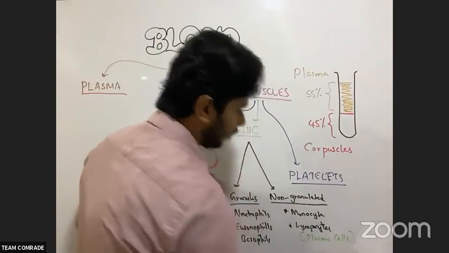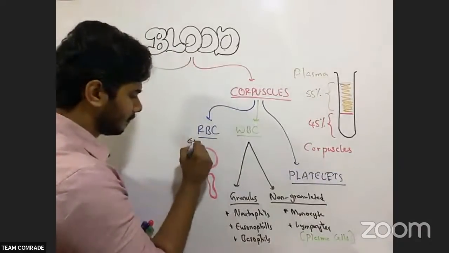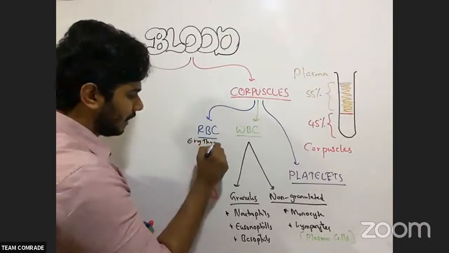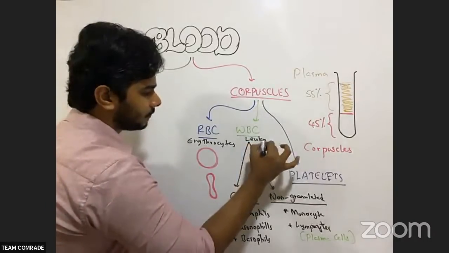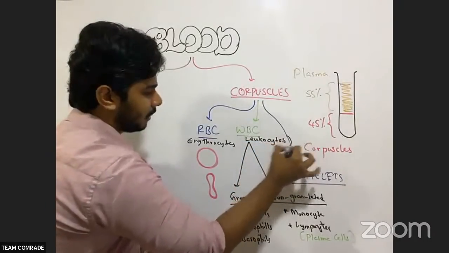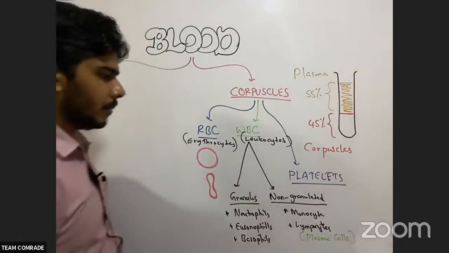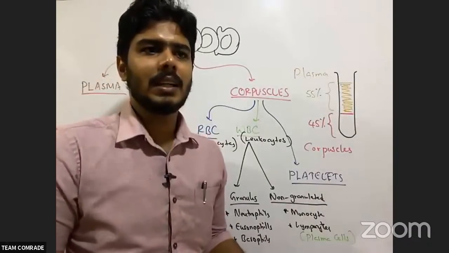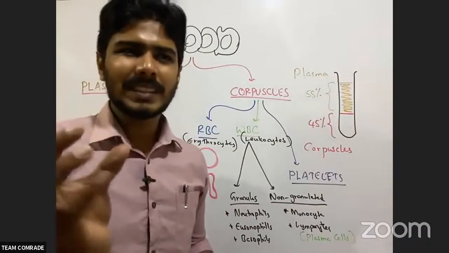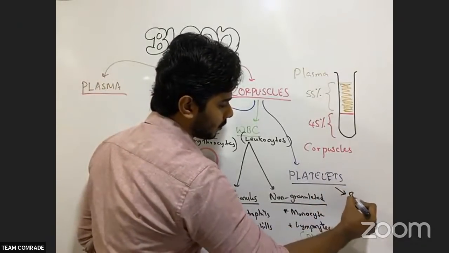If you want to note down, quickly note down, right? Red blood cells, I also call them erythrocytes. WBC, I call them leukocytes. Okay, erythrocytes and leukocytes, right? Platelets are not really cells, they are fragments, right? Small cell parts. These help in blood clotting actually.